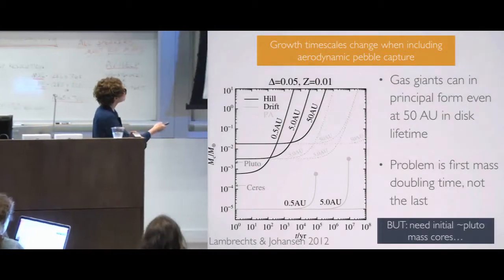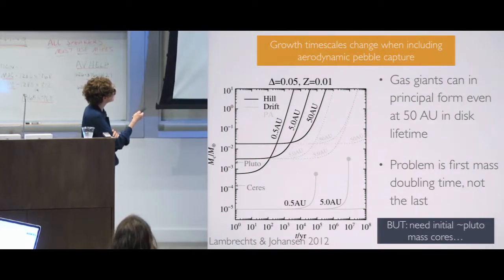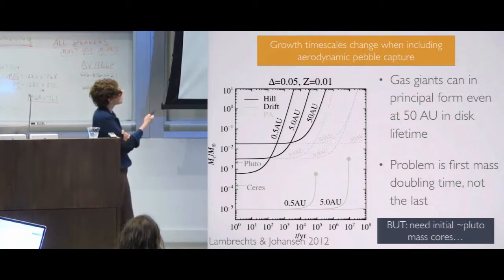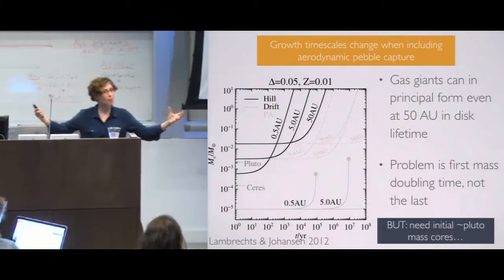Just look at these three lines here. This is a plot from a paper on pebble accretion from Lambrechts and Johansen in 2012. This is time measured in years, and this is the core mass measured in Earth masses. Each of these black curves shows how long it takes something to go from less than Pluto size all the way up to 10 Earth masses because it can accrete pebbles. You see these time scales are now hundreds of thousands of years or less, even out at 50 AU. This is an indication of how much more efficient it is for these 100-kilometer sized bodies to